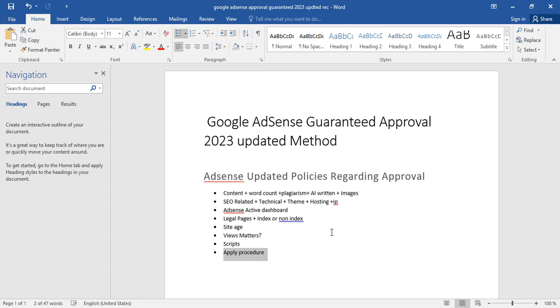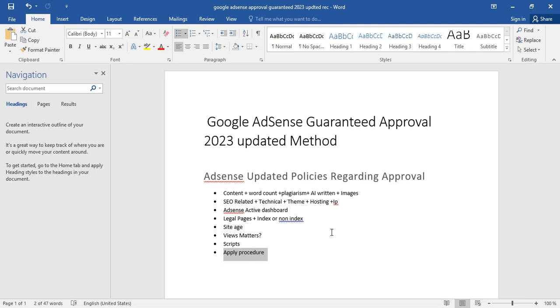Keep writing articles on a daily or routine basis after applying. For example, if you are writing content every 2 days, keep that routine and post content the same way on your website, and hope you will get Google AdSense approval.